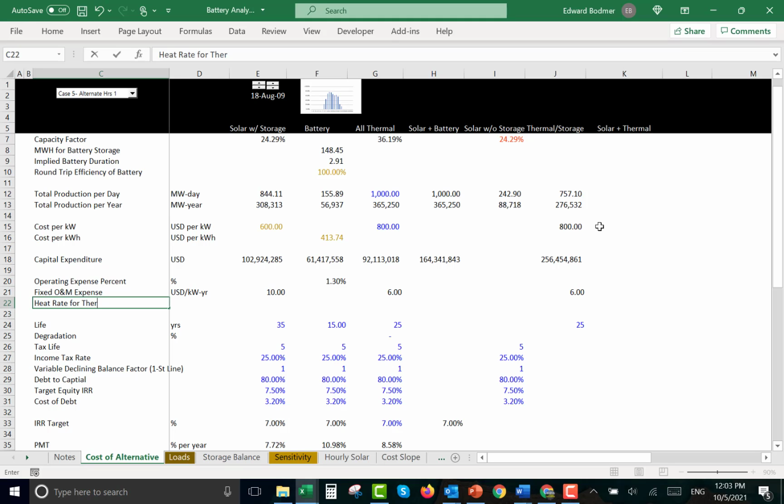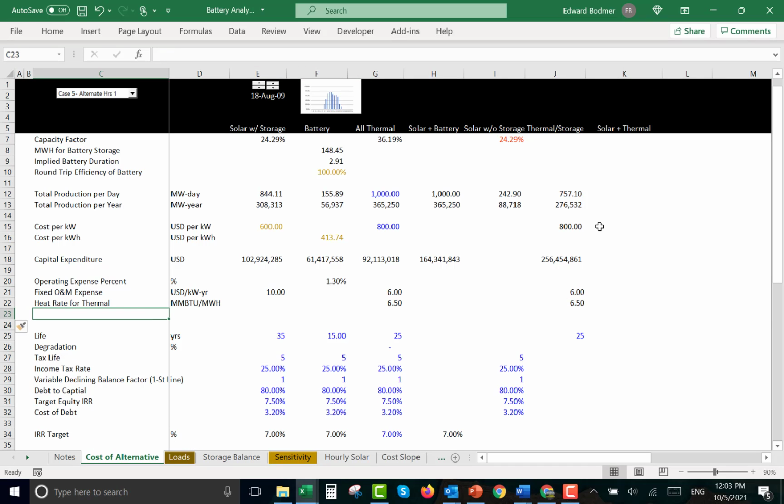And now let's put a heat rate for thermal. Now what I do is I use MMBTU per megawatt hour. And I've discussed this so many times, I'm not going to do it. If it's a diesel unit, maybe that's something like 10. If it's a combined cycle, maybe it's about 6.5. Let's start with a gas combined cycle plant, and we'll adjust it later, and then we'll put in a fuel cost